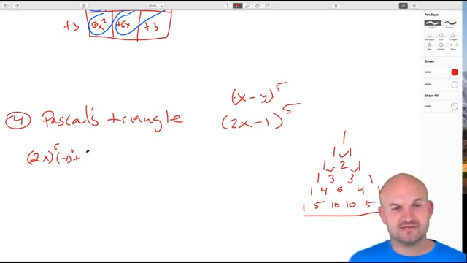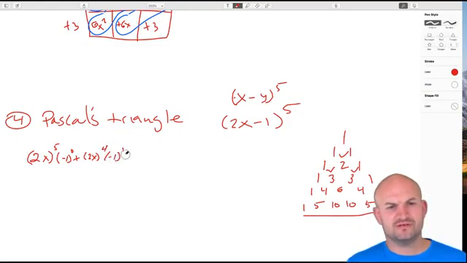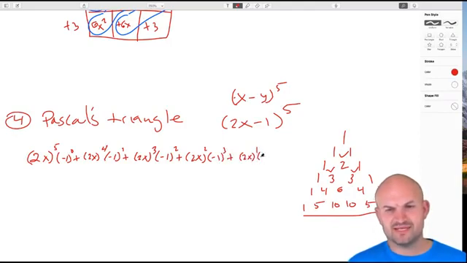So it's going to be 2x to the 4th, negative 1 to the 1st, plus 2x cubed times negative 1 squared, plus 2x squared times negative 1 cubed, plus 2x to the 1st times negative 1 to the 4th, plus 2x to the 0 times negative 1 to the